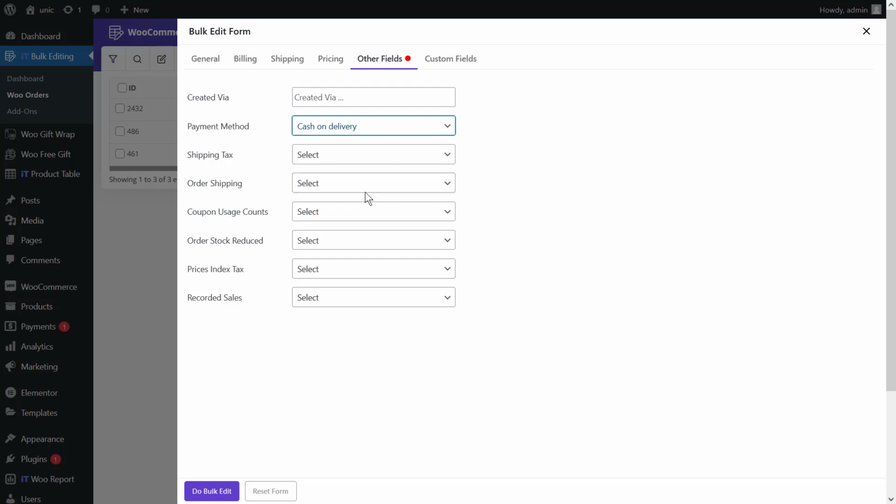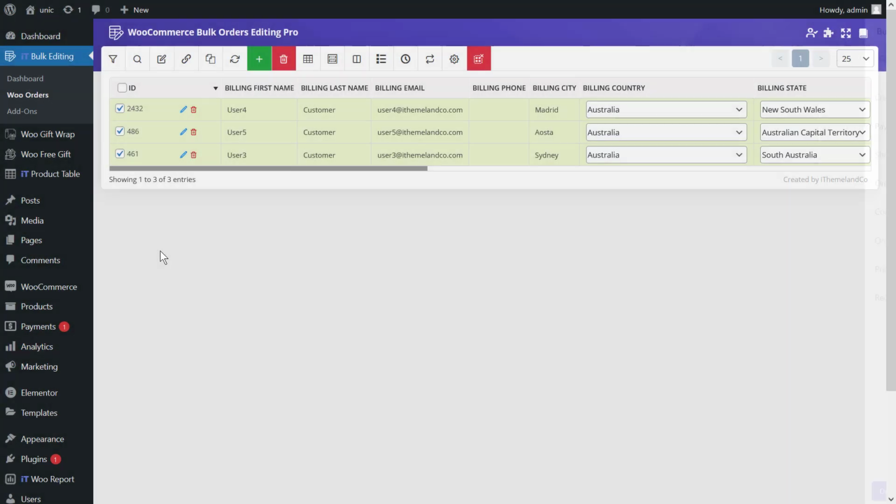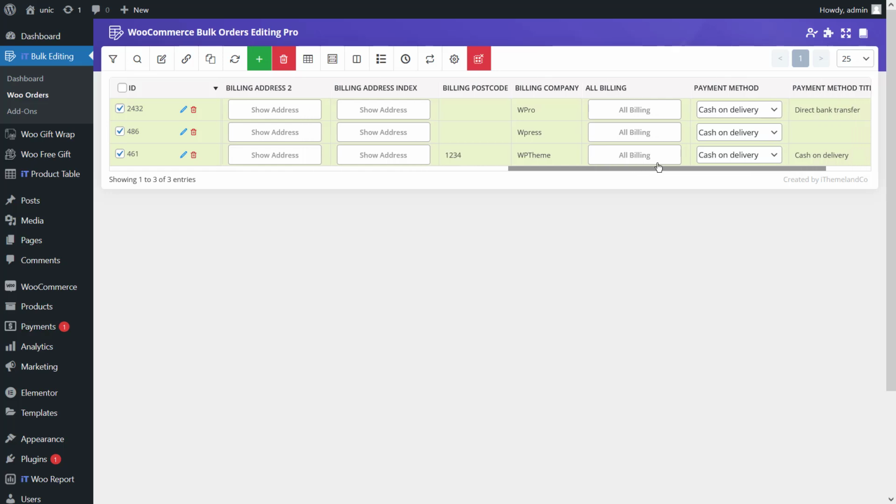And then click do bulk edit at the bottom of the bulk edit form and then click on yes, I'm sure to confirm. Now the changes you have made are applied to your filtered orders, but to make sure that the plugin has